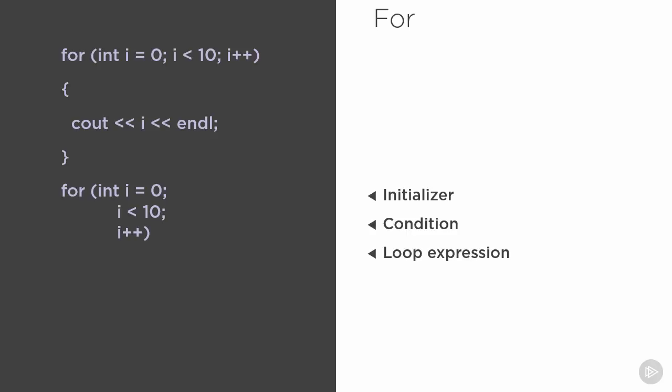Also, like while, you can leave early with break, and there's something called continue, which will let you skip the rest of the loop and just go straight to the loop expression. And it'll do that, changing the value, and then test the condition and come back in and do another iteration